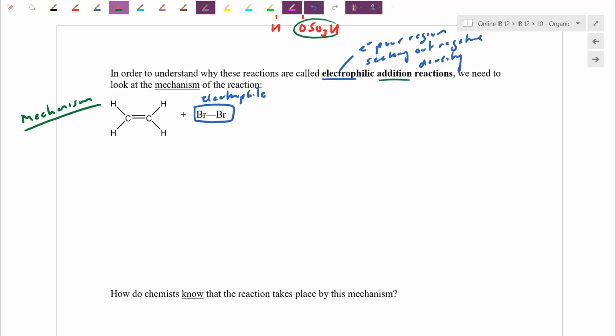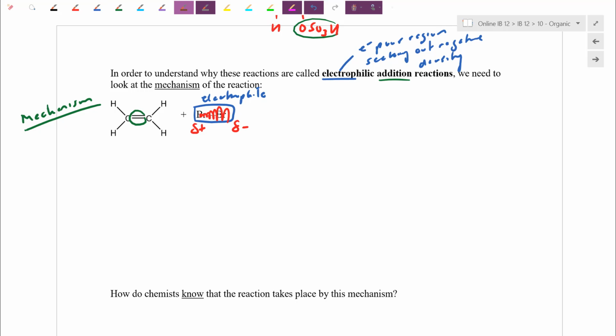But it turns out who is going to attack the electrophile is actually this double bond, right? So this is what happens. I know bromine here is nonpolar, right? I know there's no polarity to it. But because electrons constantly swish and swash, I can temporarily have the electrons switch to the right-hand side. I've created a temporary dipole, a temporary negative on that side, a temporary positive on this side here. A second later, the electrons would have swashed the other way, and now the dipole is going the opposite way. Because there is a polarity involved, because there's a relatively positive region,